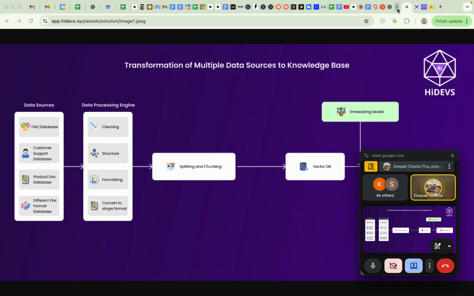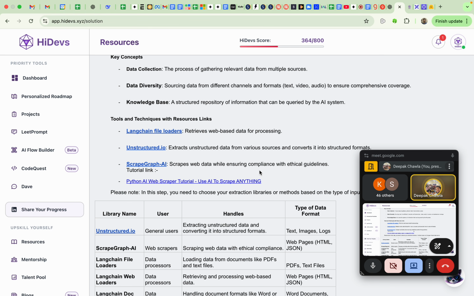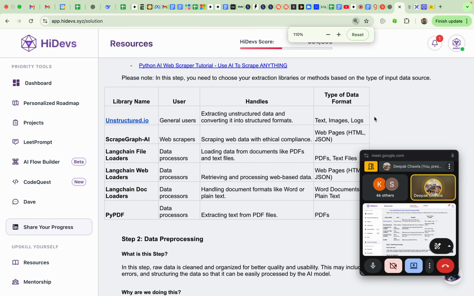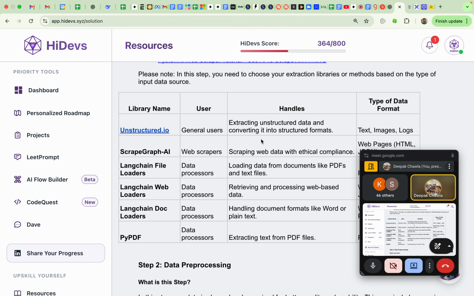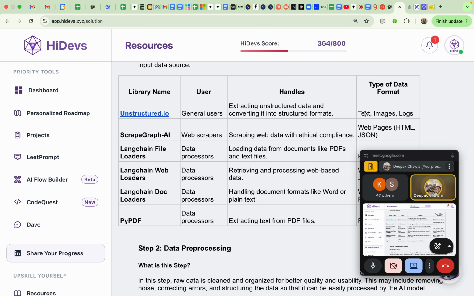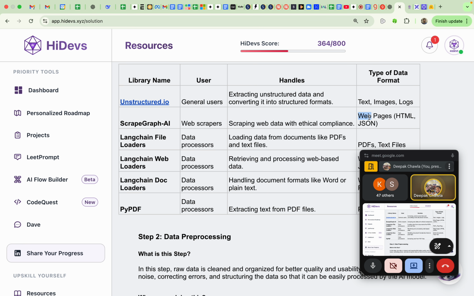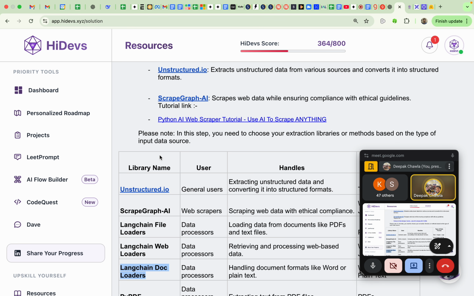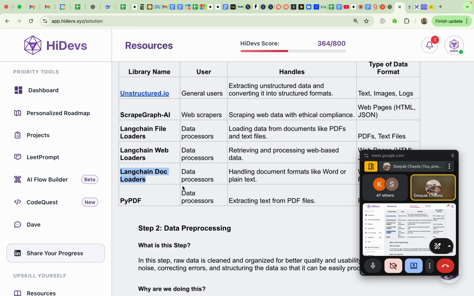Okay, now I will give you the list as well. See, so this is a few libraries that are available in the market. When you have data formats like text, images and logs, in that condition you have to use unstructured.io. When you have web pages, then you have to use scrap ai, langchain file loader, web loader. So there are different techniques available for loading the data as well